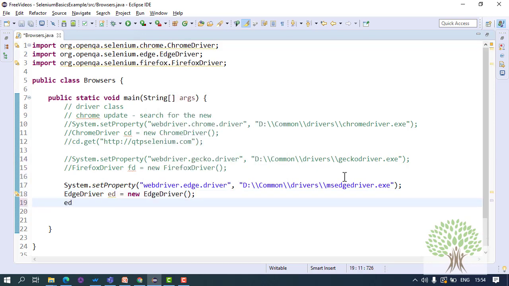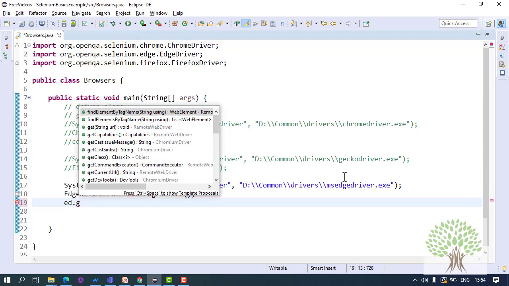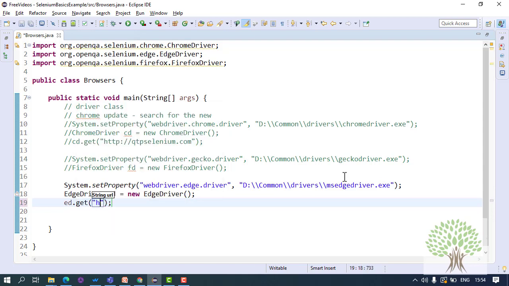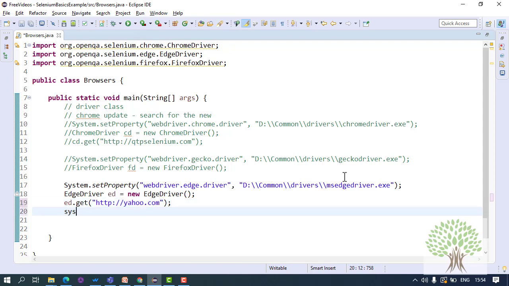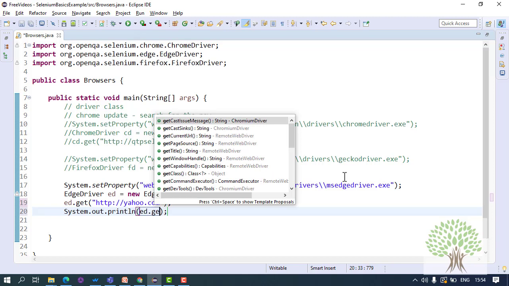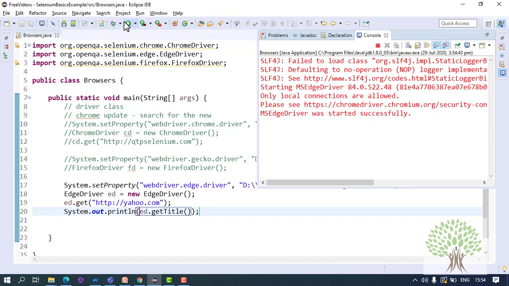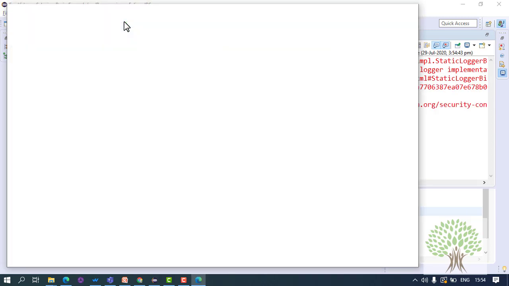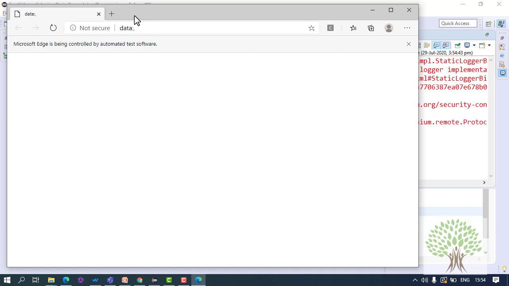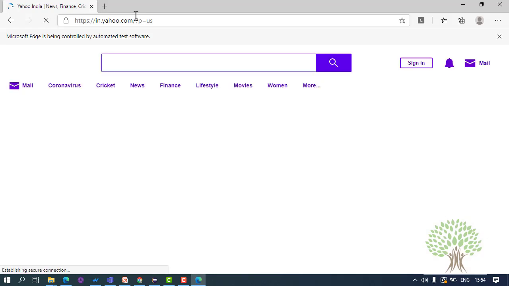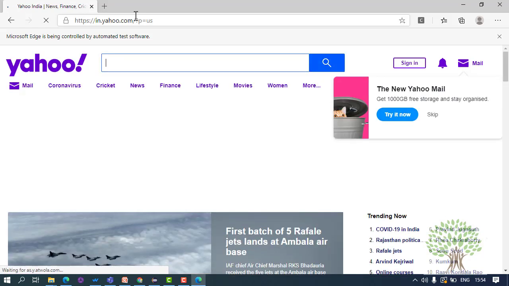So you open Edge, you take it to some website like http yahoo.com and you get the title of the web page. You can print edge.getTitle. So when you run this code, this will open up Edge. So these exes are important and they have to match with the version of the browser you are using. You see that it's taking you to yahoo.com, it's launching Edge.